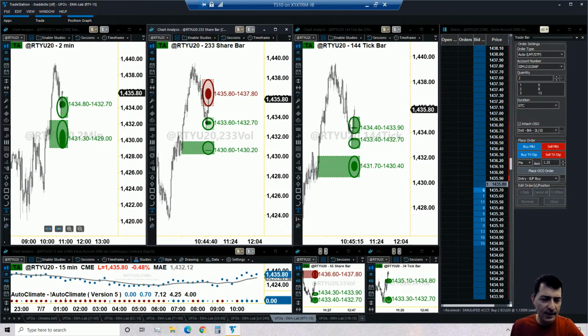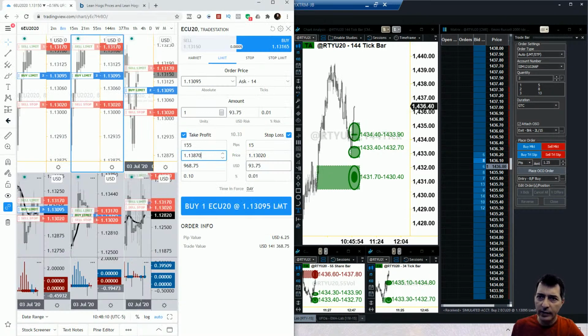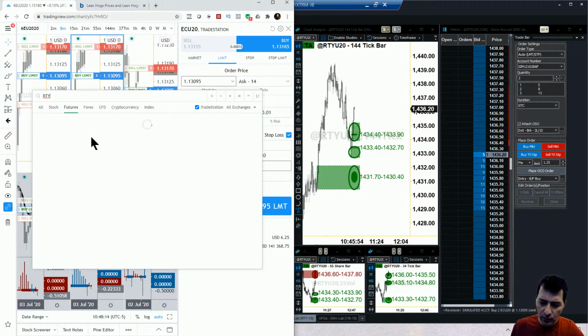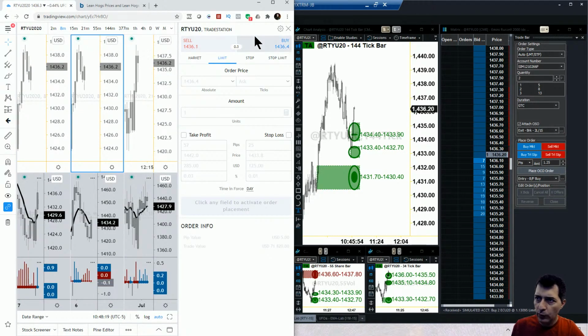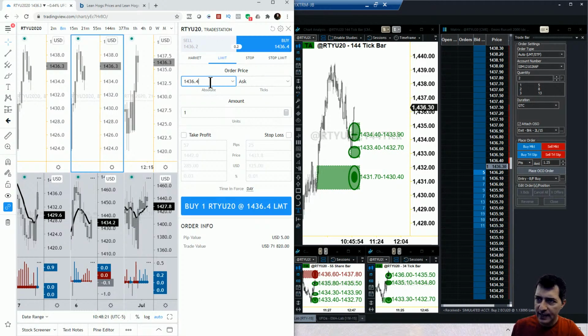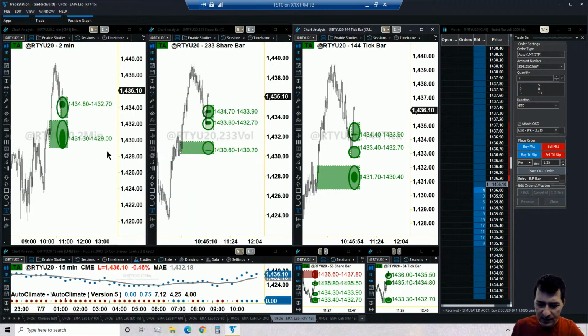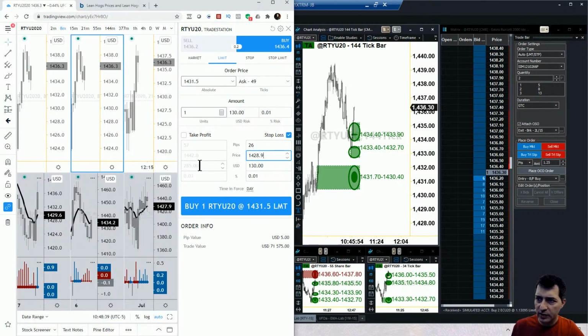So let's go ahead and get TradingView on the screen so we can do the whole assessment for the trade. So RTYU 2020, we are going long. We said the entry is going to be 31.5. We said the stop is going to be right below 29, right? So it's going to be 28.90. Let me make sure I said that right. Right below 29. Yes. So 28.90.